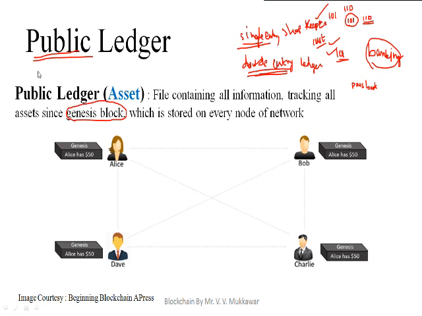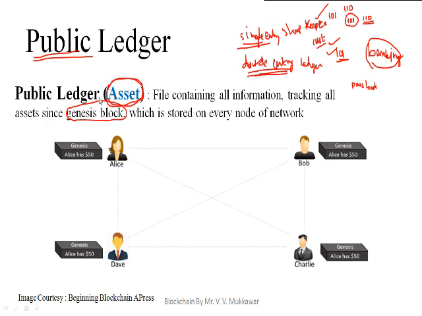Related to blockchain, the public ledger is nothing but the set of records which will consist of all kinds of transactions done by all the nodes present inside of a network. So simply this will be considered as a property of that particular blockchain, that's why it is also known as an asset.